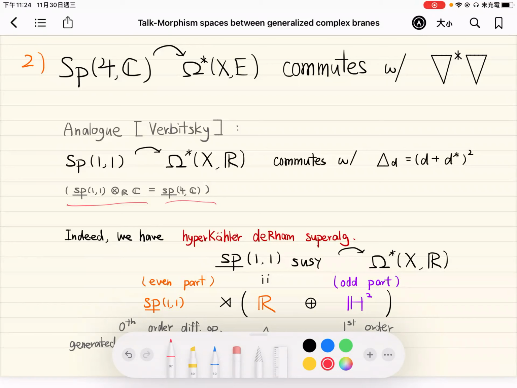Well, indeed, you can also enlarge this symmetry to be a Lie superalgebra action, but because of time limit, I just keep mentioning this one. I just want to say that this SP1 factor is generated by the Lefschetz operators L omega I, omega J, and L omega K. And they're important in the proof of our theorem, because we're trying to find a certain Lie subalgebra, a copy of SP1 sitting inside this SP11. And that is a desirable SP1 symmetry.